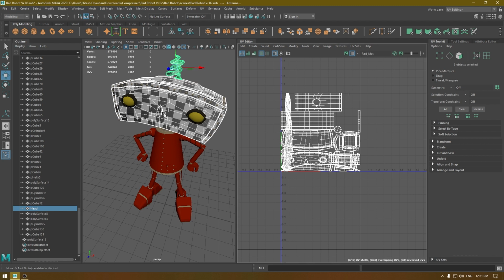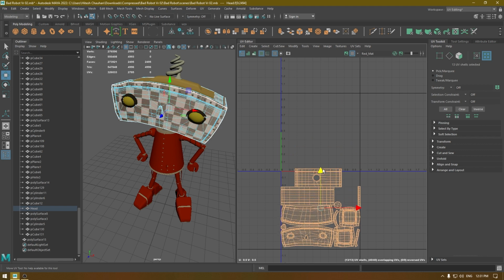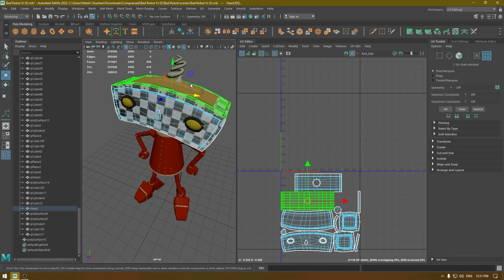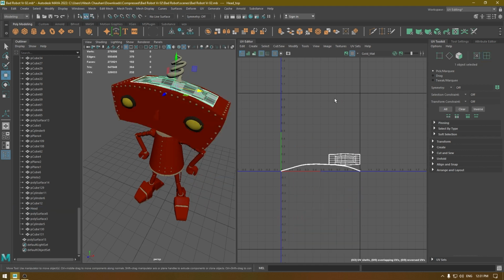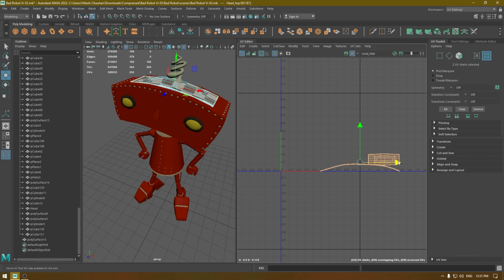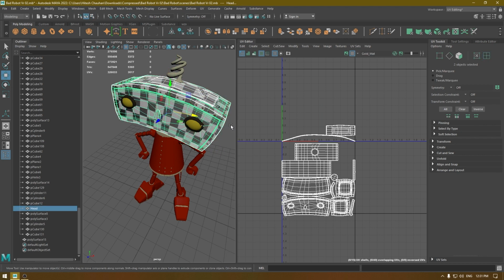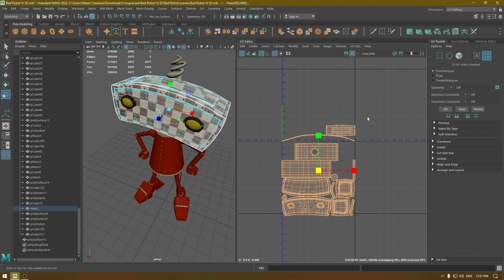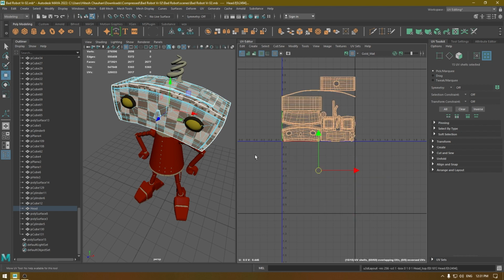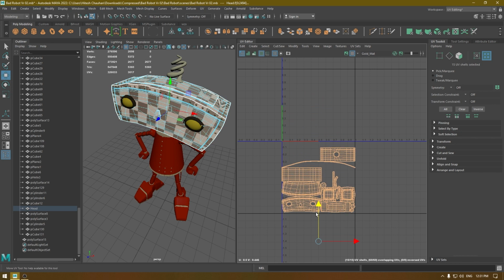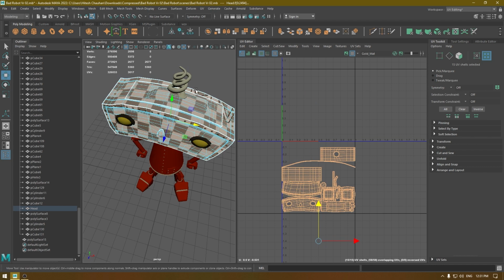I'm going to select this head and keep everything down here. Select this top and place them here like this. Or what you can do is you can just select both of them and place them together. So I'm going to lay out one more time and place all of these here, and you can also combine